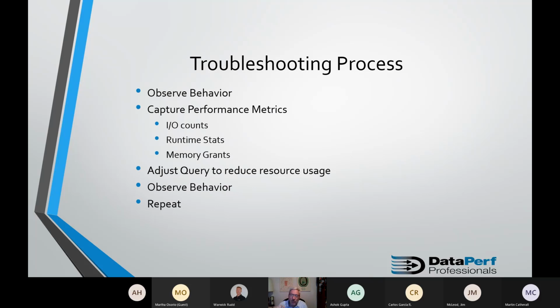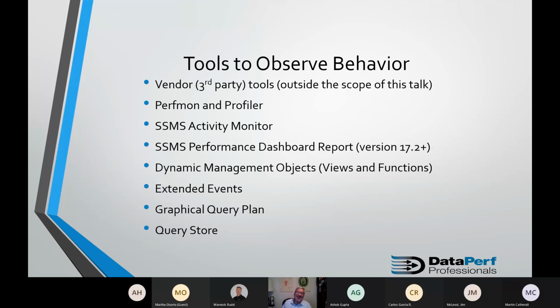And not only when you fix that query and you get it just right, you're not done. Why? Because data changes. You've got that data growing all of the time. So as that data grows, the method that the query processor is going to use to solve that query is going to change as well. So you're going to have to come back at it at some point in time. So anybody who says a DBA is a short-term job and it's going to go away, it's not going to happen.